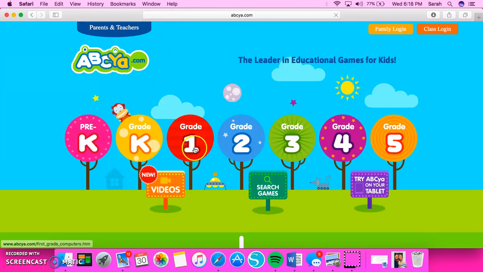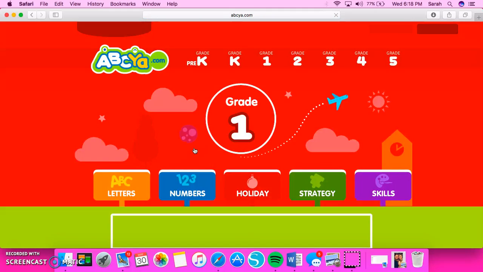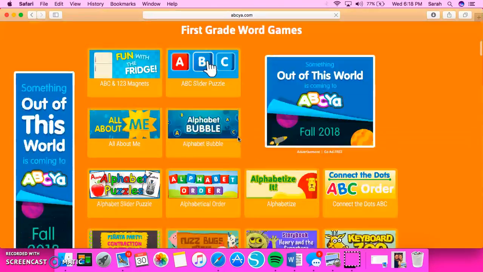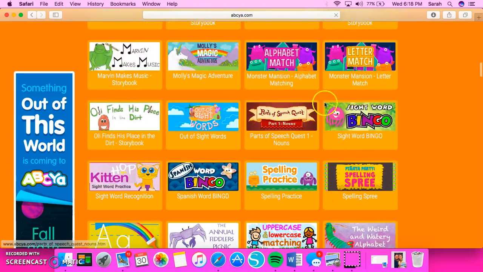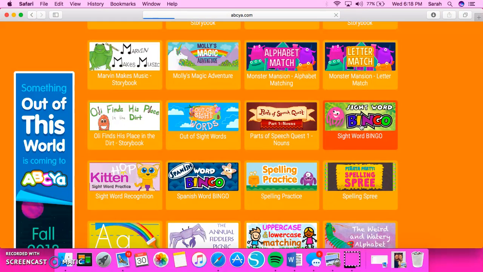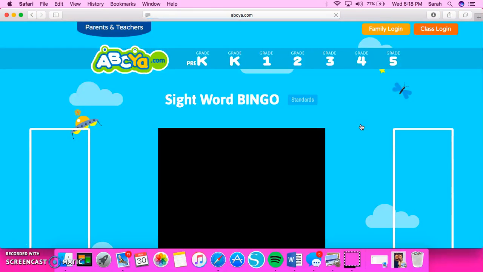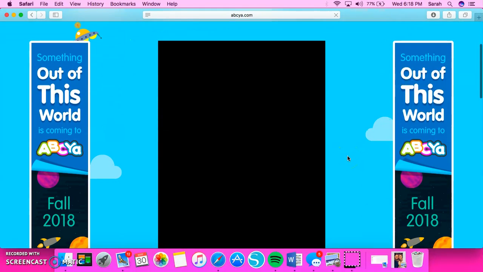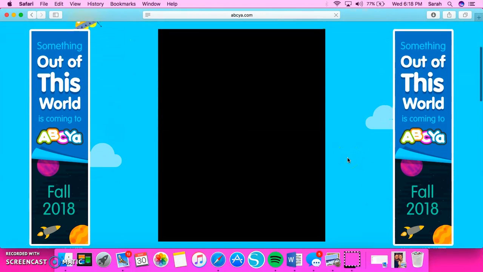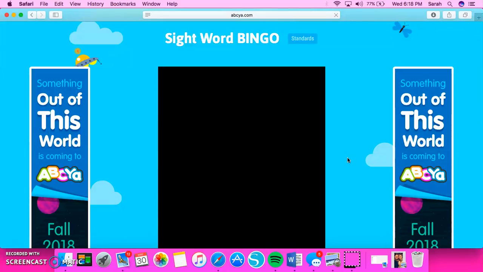Once loaded, you will come to this home screen. You will click Grade 1. Then you are going to scroll down to find the game Sight Word Bingo. You will then click on the game. And once it loads,